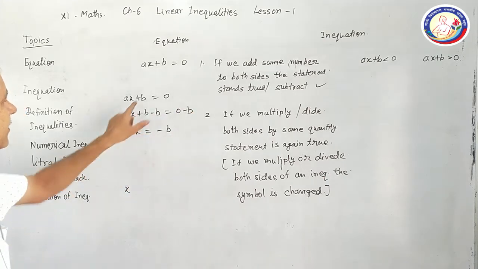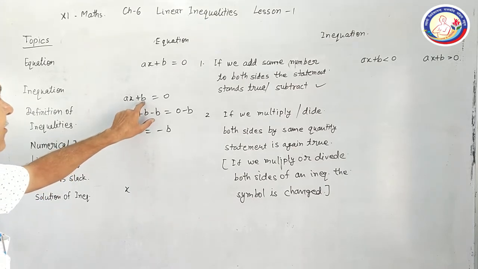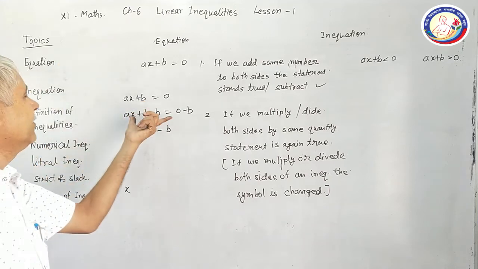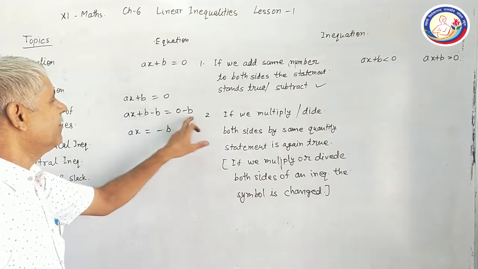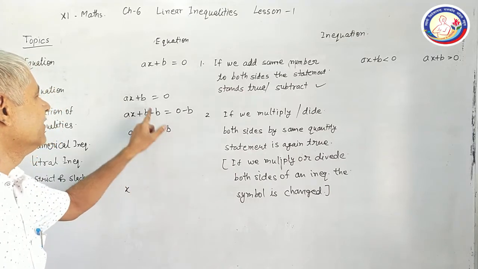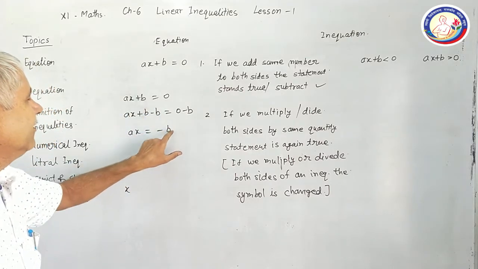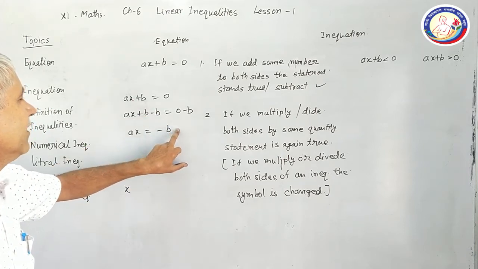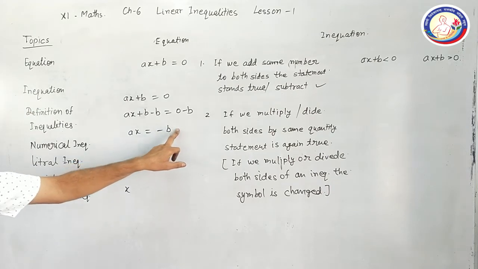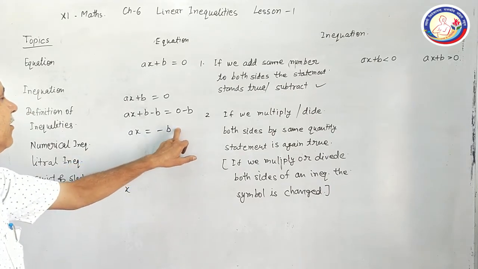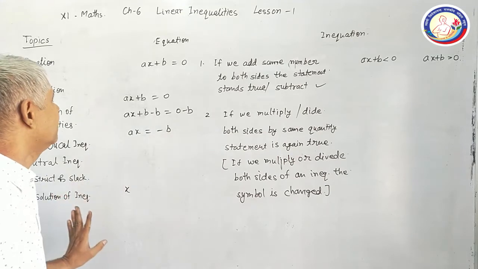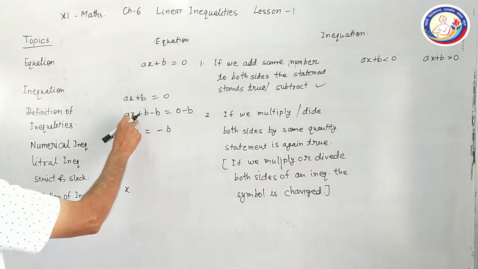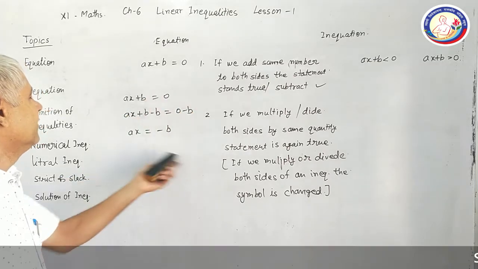This is the outcome. So this b, if we want to eliminate b from this side, if we perform this operation of addition of the same number to both sides, we will get the result, b appears here on the other side as minus b. Or if there is a minus sign, then the term here comes with a positive sign. By this we made the law of transposition. If we transpose a term from left to right or right to left of any equation, the sign changes.